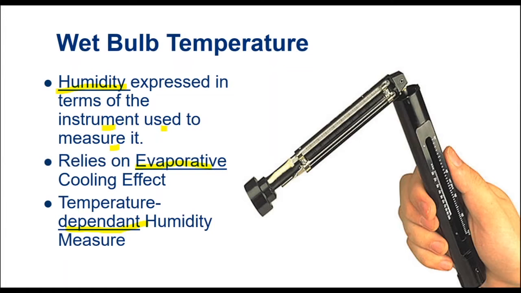It does have a dry bulb thermometer on it, as we can see here, at least hopefully you can see that. There's the dry bulb. But it also has a second thermometer that has a little cotton sock on it. We wet that sock and then we start to rotate the psychrometer as fast as we can, so that the evaporative cooling effect drops the temperature on the wetted surface, on the second or the wet bulb thermometer, until the point of saturation.